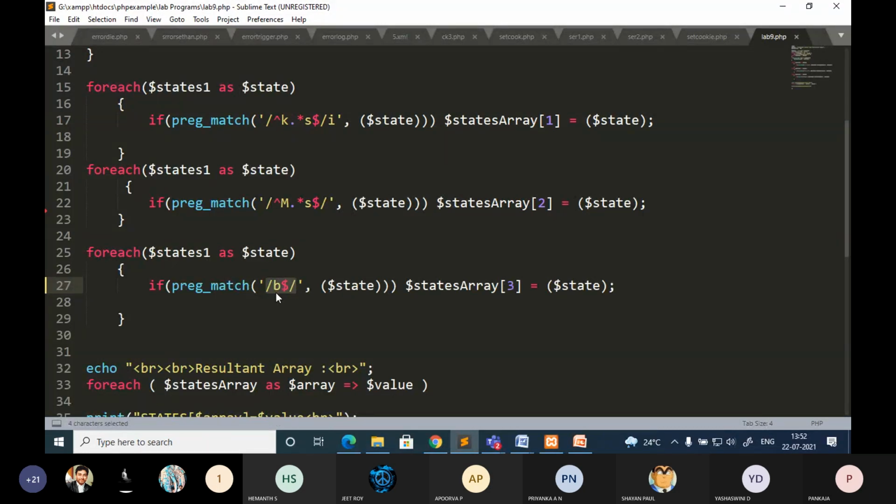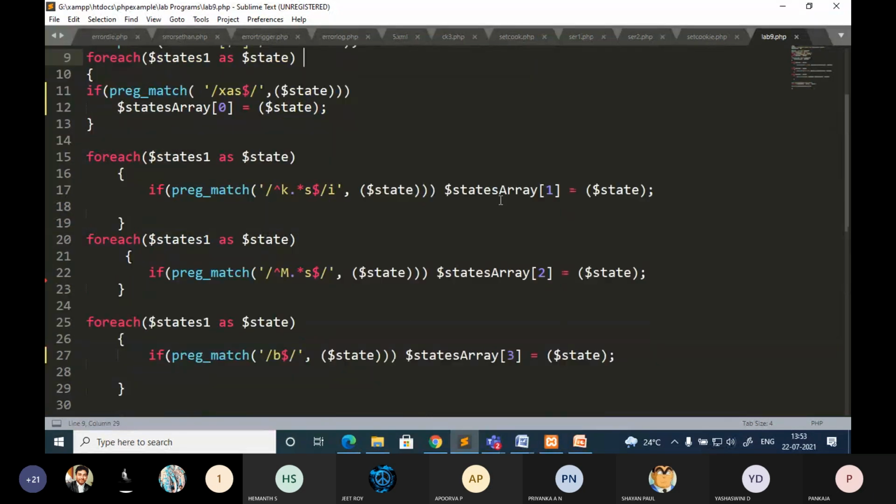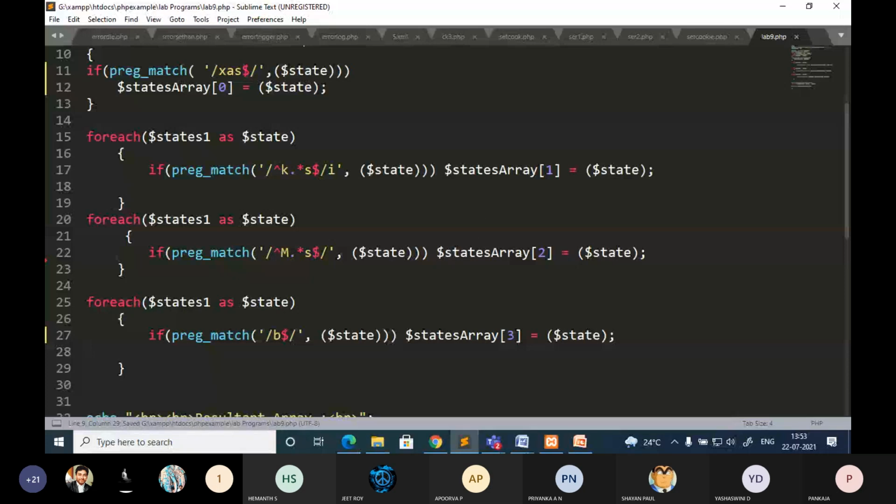Okay, so I may give some program for the third A with respect to this. But I may ask you to go for a different pattern matching in the given string. You should be able to write the code. So that is B, ends with B. Hopefully there is no word that ends with B. Okay, just save it.